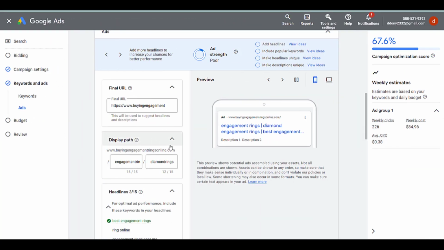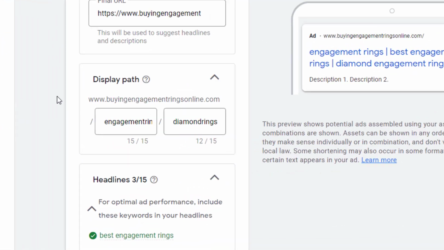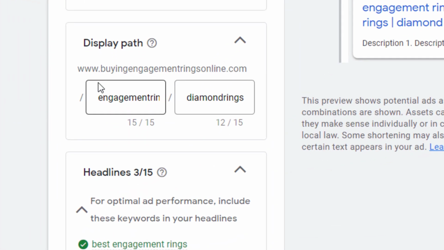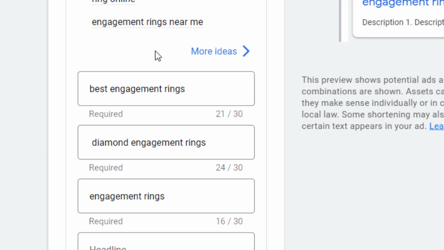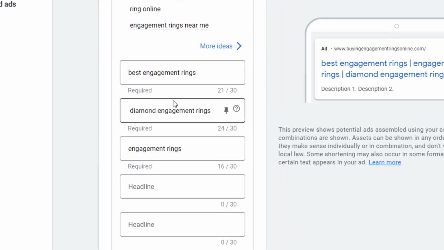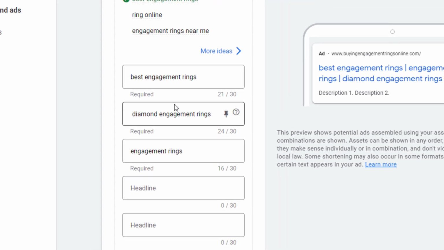Next, describe your ad's description. This is where you can provide more detail on your offering and highlight the benefits of your engagement ring online service. Just like the headline, you want to make sure that your description reflects the keyword engagement ring online as closely as possible.